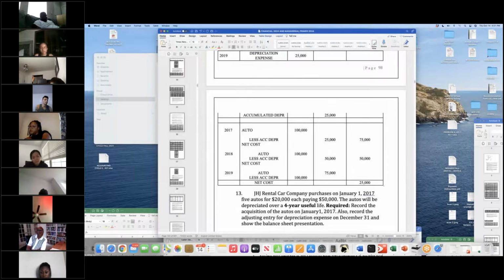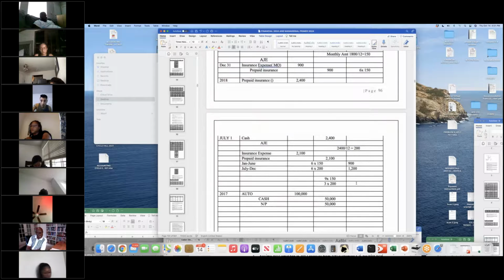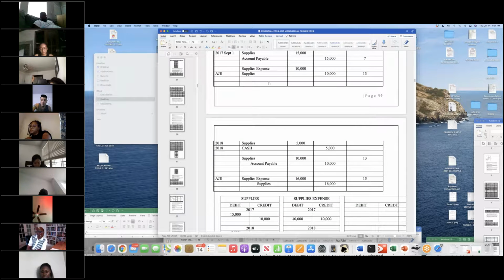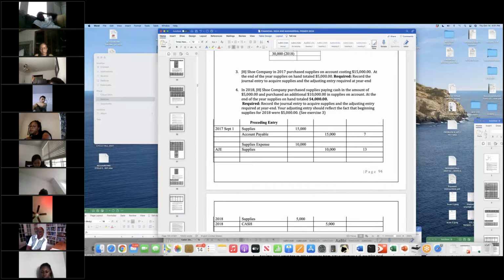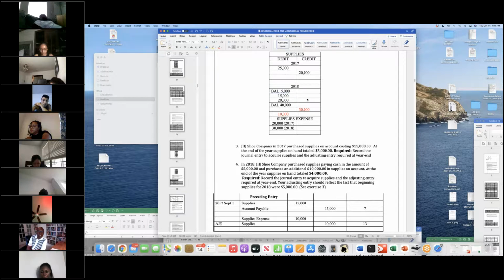Okay, this is the primer. I'm making adjustments to go forward. But this is all of these pages, except where I put in the journals and ledgers. All of this is in the primer. The only things not in there would be